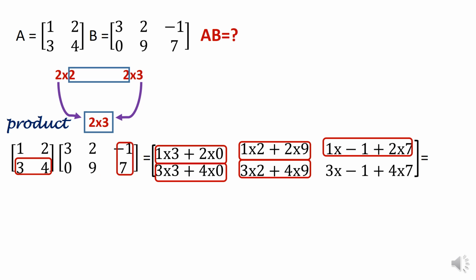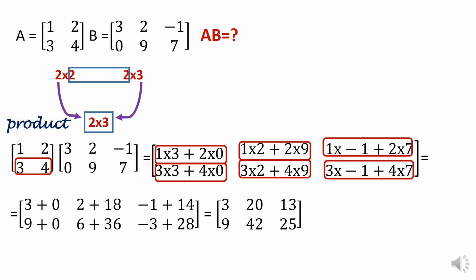Then the same thing is repeated for the third column. The second column of A is multiplied with the third column of B to get these elements. Have you understood the multiplication? Look at the steps once again and check if you have understood the concept here.